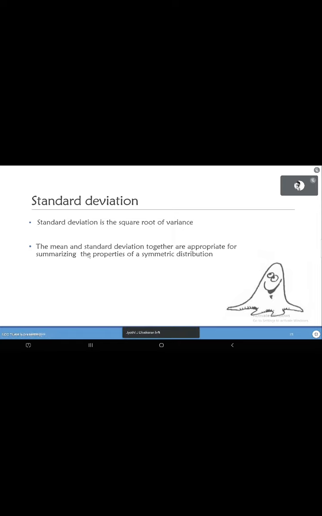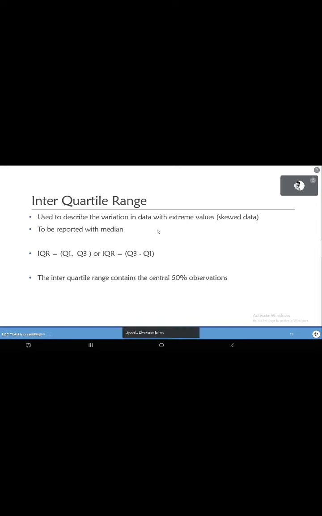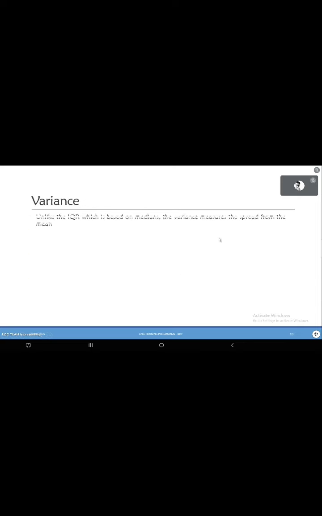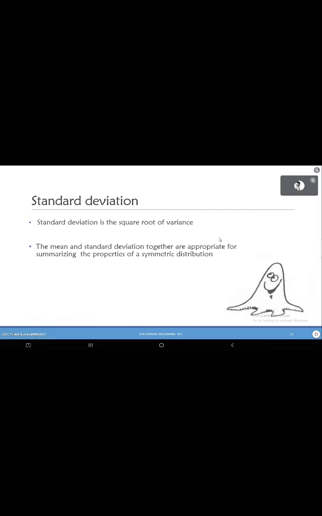Okay. Now, as I mentioned earlier, when you have a variable that is skewed in nature, you report median and interquartile range, right? Now, if your variable doesn't have any extreme values or doesn't have any skewness, in that case, you can report mean as a central tendency. Along with that, you can report standard deviation as a measure of variation. Okay, so it's always like this.